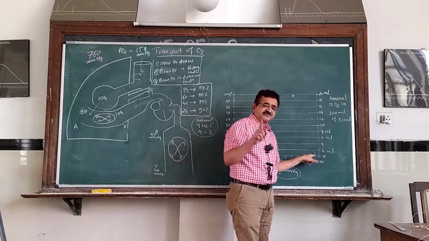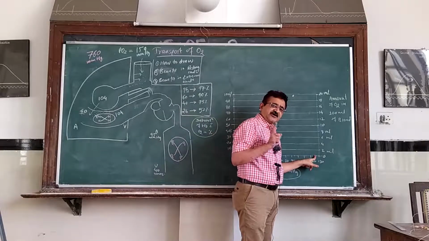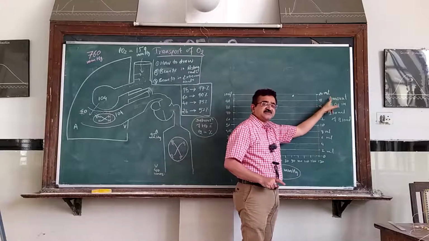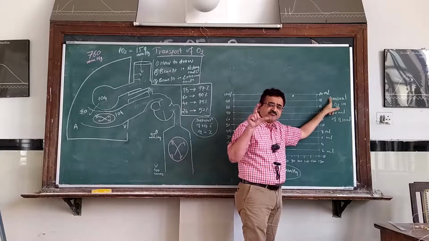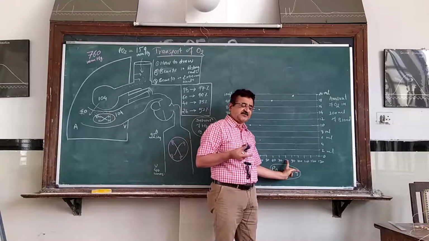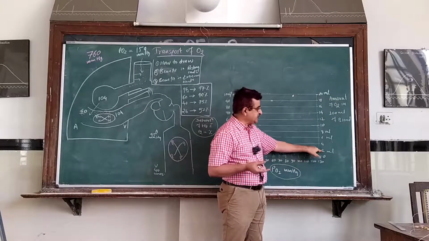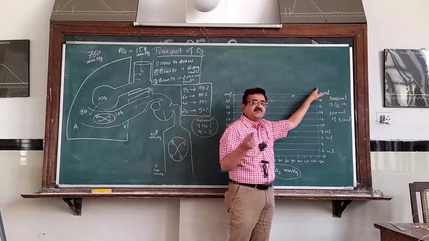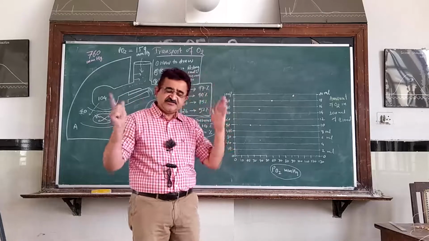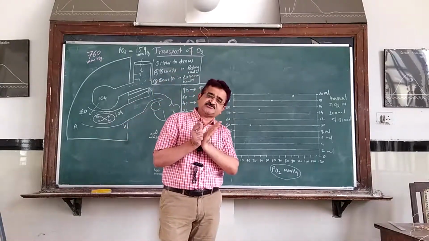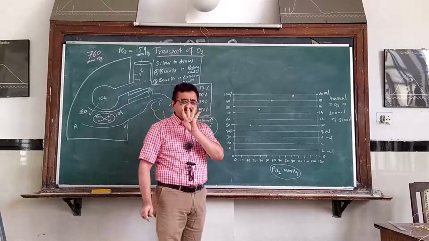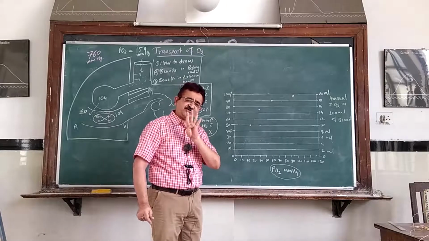And for better understanding of this curve, we draw one additional scale on a vertical axis, stating how much O2 is present in 100 ml of blood at a particular PO2. This scale is calibrated as 2 ml, 4 ml, 6 ml, up to 20 ml of O2 per 100 ml. So these are the three axes, and with these we are plotting this curve. To plot this curve, just memorize four values, or just have the four reference values.